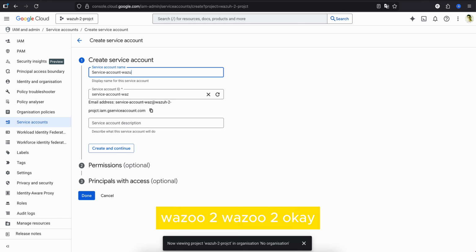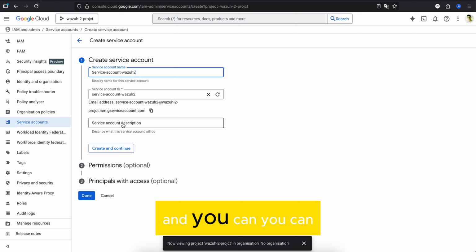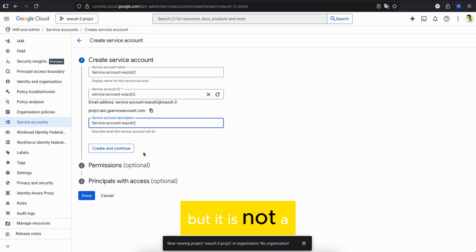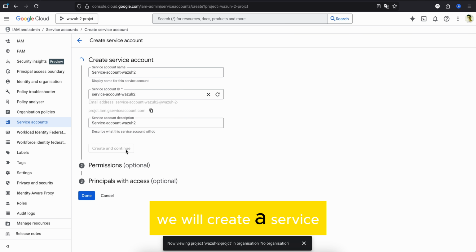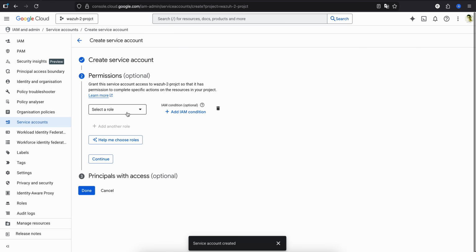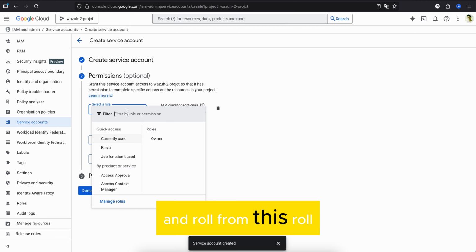Service account Wazuh 2. You can definitely give a description for your understanding, but it is not mandatory. Okay, we will create the service account. And for the role, we need to give four permissions: two for the Cloud Audit Log, two for the storage log. So you need to write down here